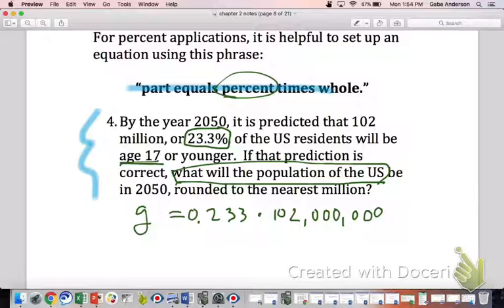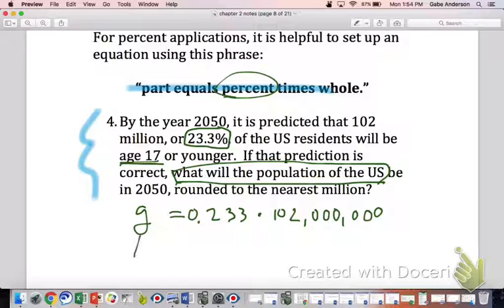Paige said it really, really well. Seriously, if you think this through practically, is there any way that the number of U.S. residents under 17 could be the whole thing, and the whole U.S. population would just be part of that? Isn't the 102 million part of the larger U.S. population? So what we need to do, Grace started us off really well,